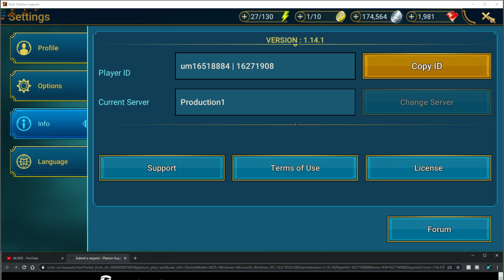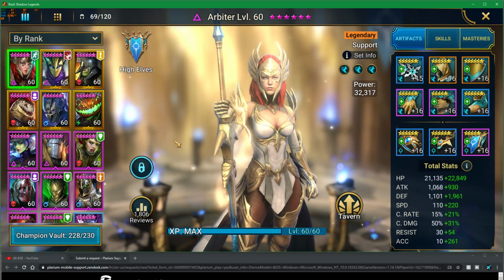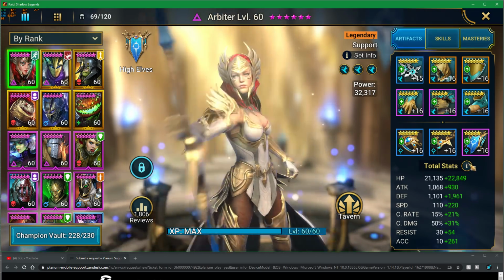But now let's jump into the fun stuff. We want to see his champions. Because I mean, come on, if you are in the Platinum Arena and you can do all the dungeons, we want to know how you're getting this done. Whoa, look at this. Right off the bat,